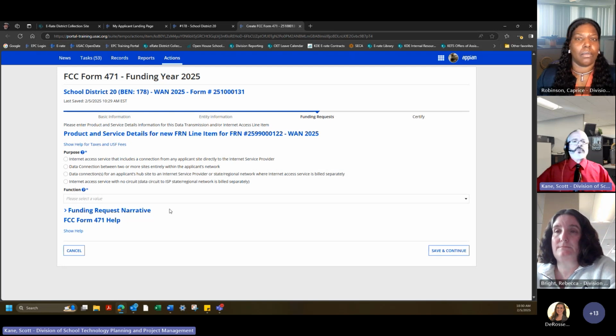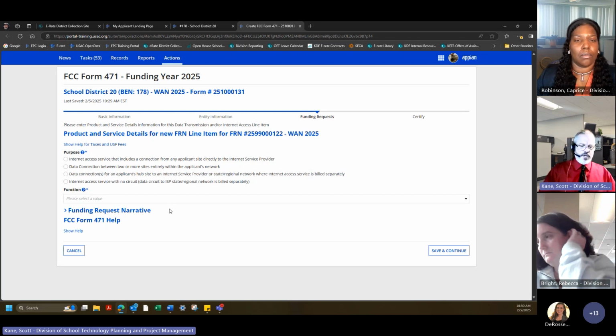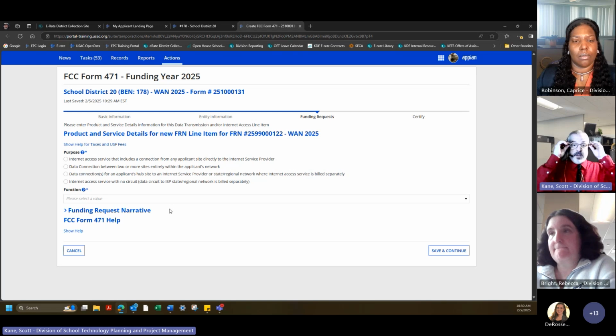A couple of things that I do want to mention with respect to how you organize your FRN line items. Generally, with the WAN example that we're giving here, it's common to have a collection, perhaps, of schools that have the same line speed and the same cost associated with them, so that those schools can go on the same funding request line item. There are, however, exceptions to that, where, let's just use the example of a district that